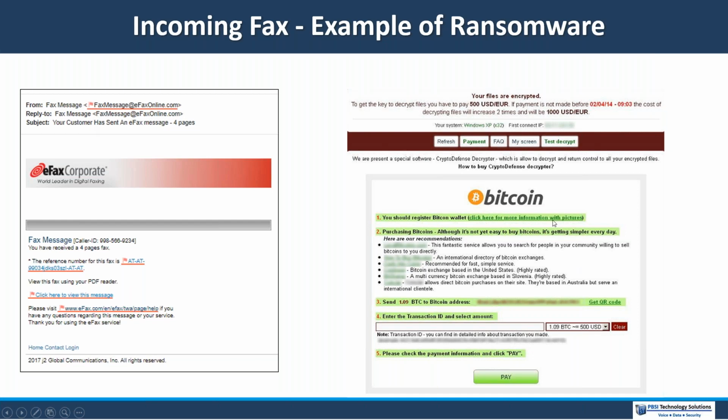And if I'd have clicked on this one, I'd have gotten this ransomware message on the right-hand side saying my PC has been locked. Probably some network drives to which I'm connected have been locked. I need to pay ransom in order to unlock them. You never want to see this message. And don't pay the ransom, by the way.